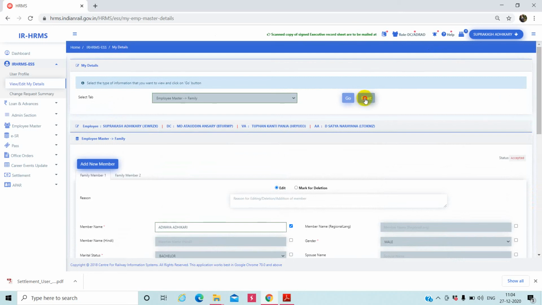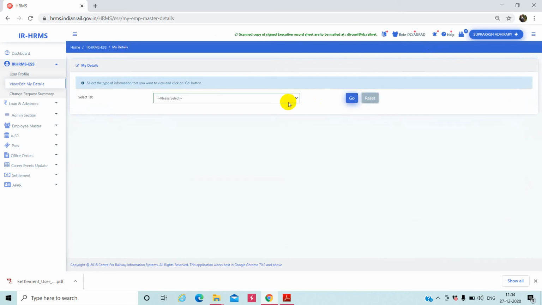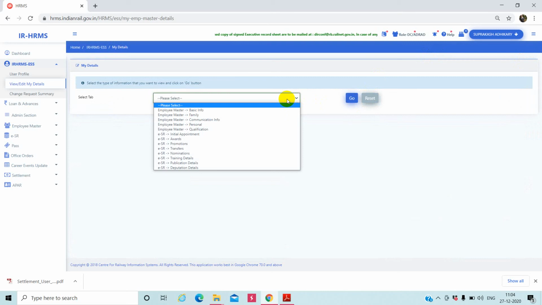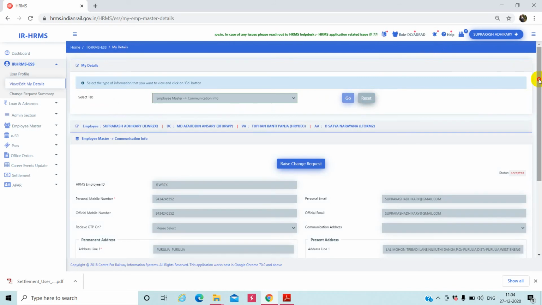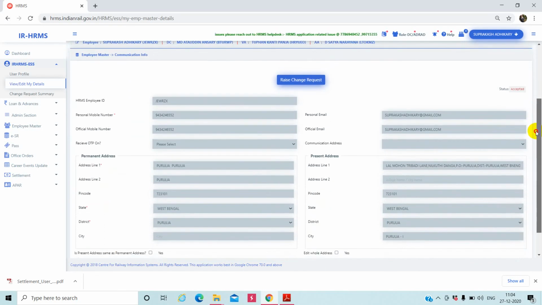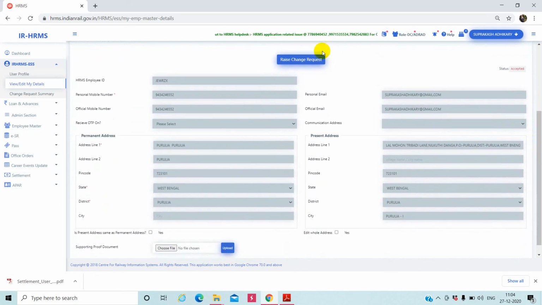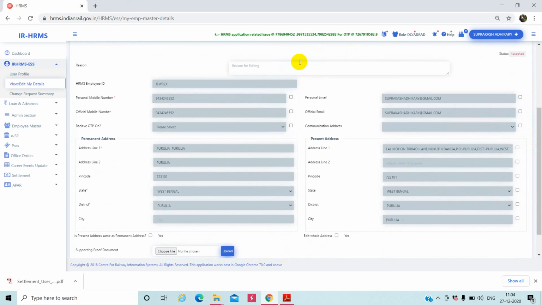And next, the main issues which are coming to us, that is on the communication information tab. So communication information tab is related to the mobile number. If you would like to change your mobile number, you have to raise a change request.